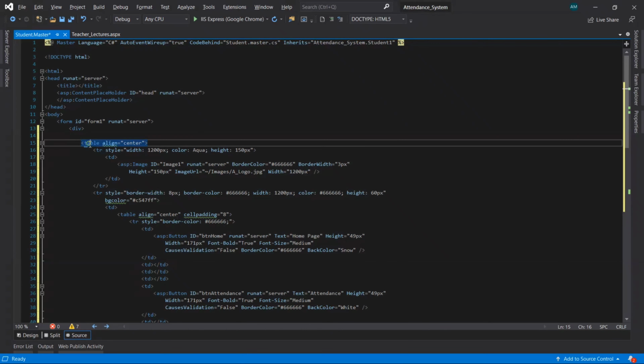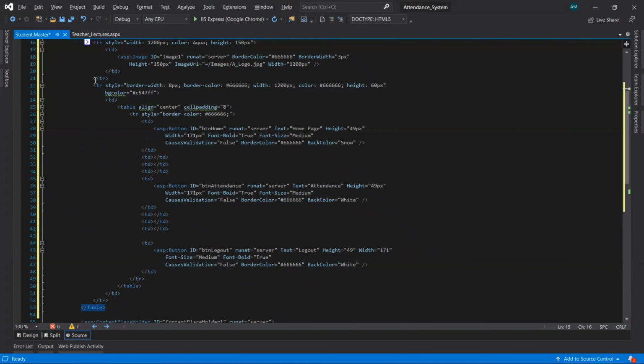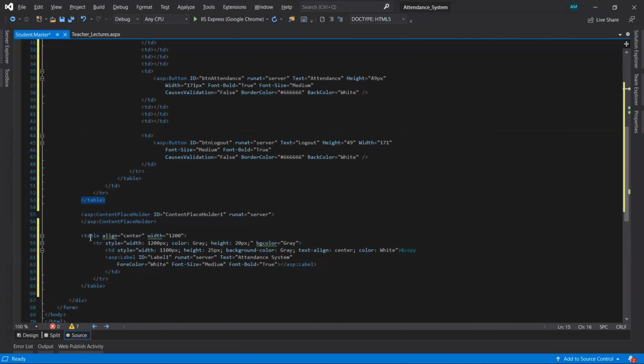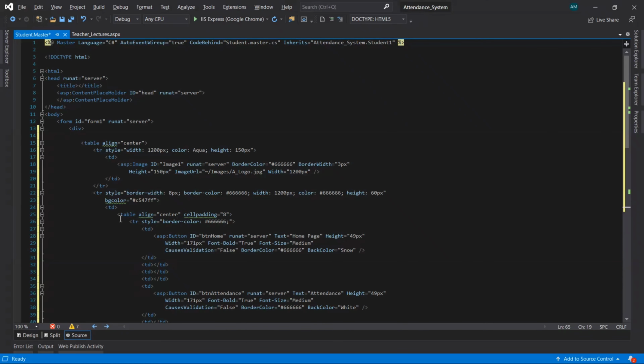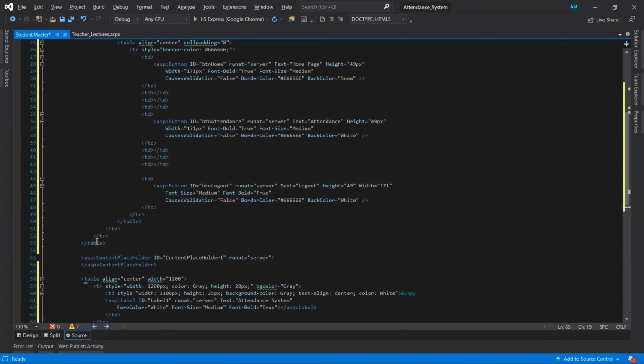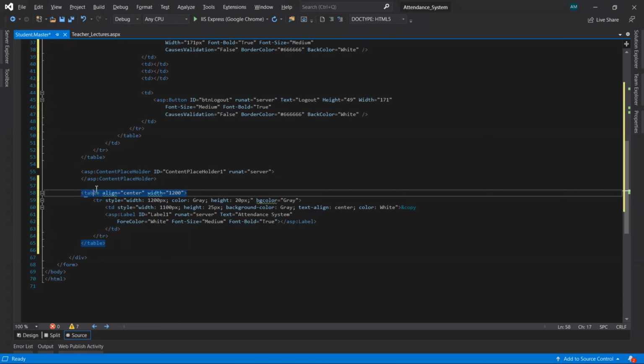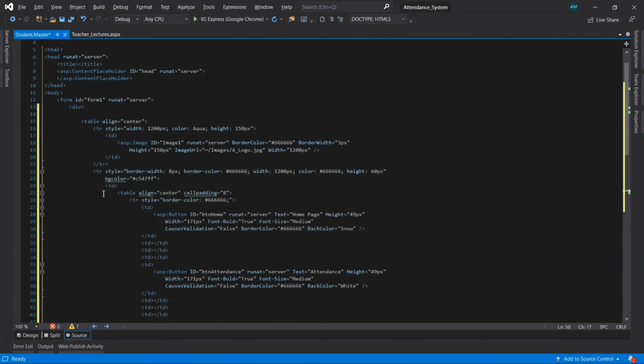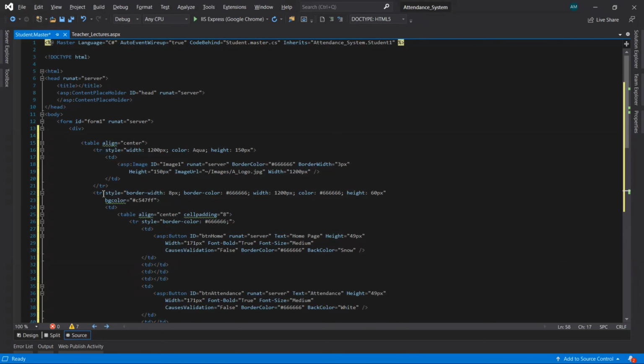Now I have added two table tags inside the div tag, one before the content placeholder and another just after the content placeholder. So let's see them one by one.